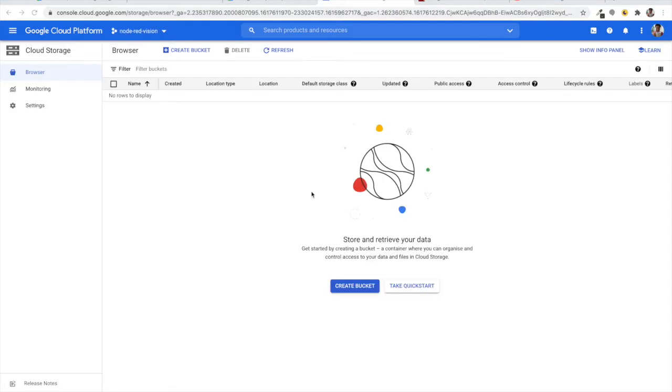Let's continue. So after adding all the billing details, your billing account is created. I have done that part, but since it contains a lot of personal information related to my account and credit card, I have skipped that part. You can do that by yourself. And then again, we are landing here on the browser, and here we have the create bucket enabled, right? If it's not enabled, we can enable it by selecting the billing account. Then let's create the bucket here.